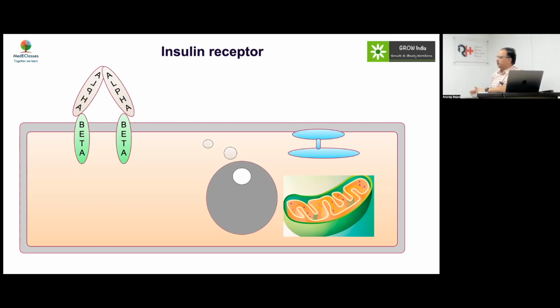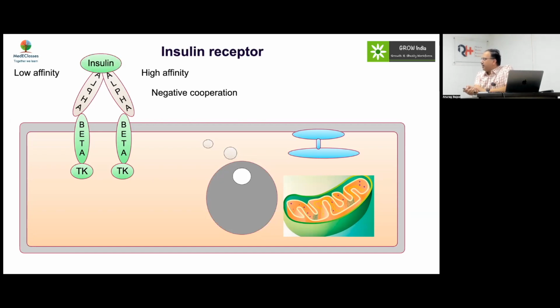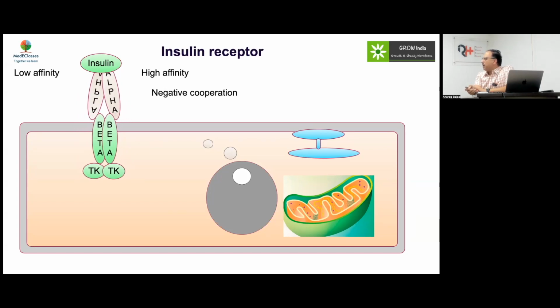What they have is an alpha chain and a beta chain. So when you say JAK-STAT, they've got the JAK associated. Here you have this activity. Now once insulin binds at the low affinity and the high affinity sites, there is a negative cooperation. If insulin is already binding, they will then switch over together, and this will result in bringing closure, and you will have the activating pathway. You will have the phosphorylation, and this will then activate the subsequent mechanism.